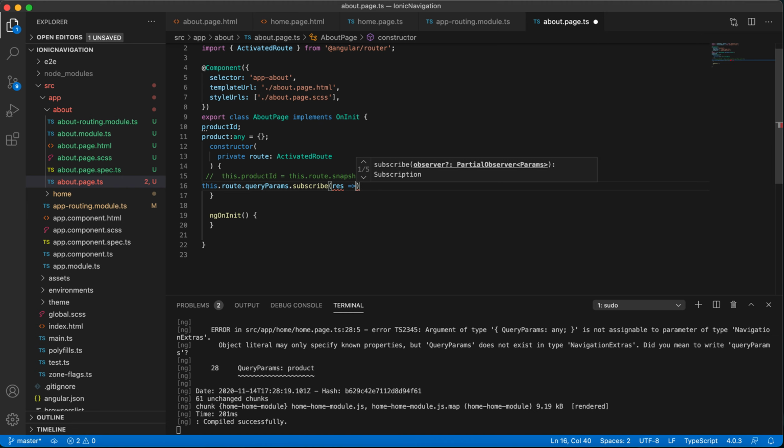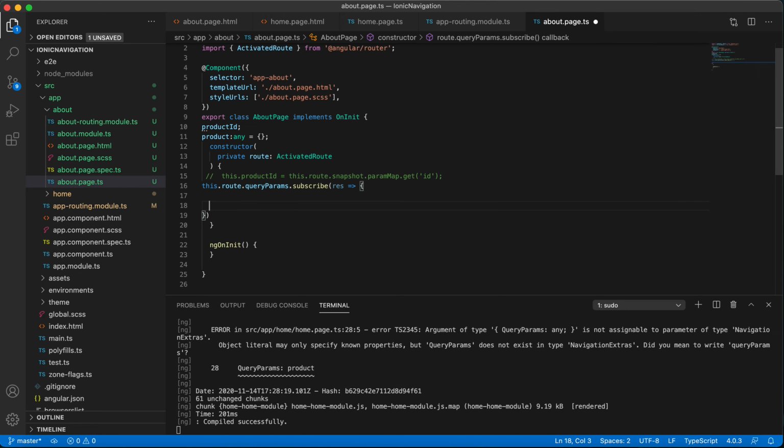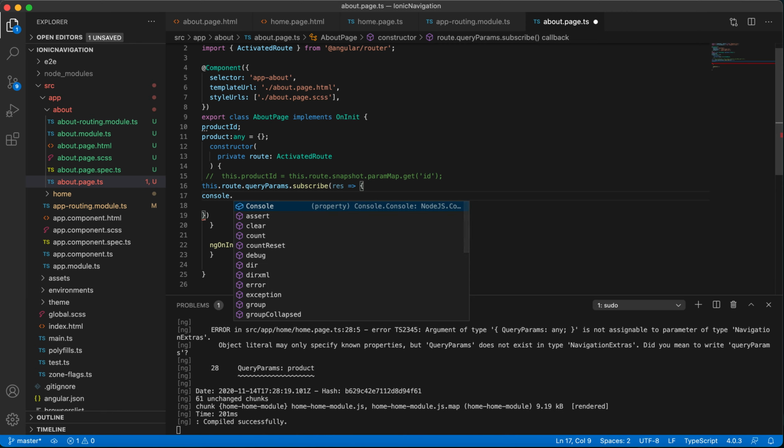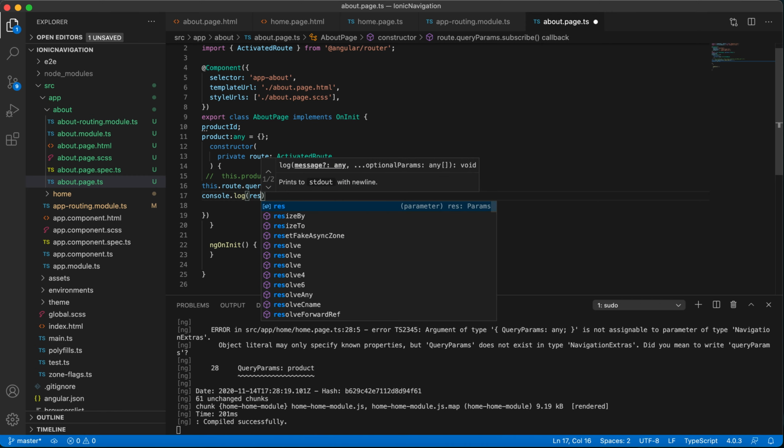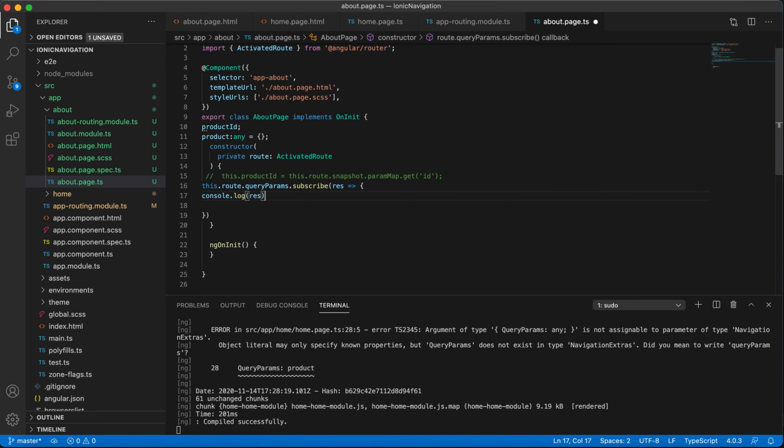Let's see what data is coming. Console dot log, we can mention res. Let's see what it is showing.